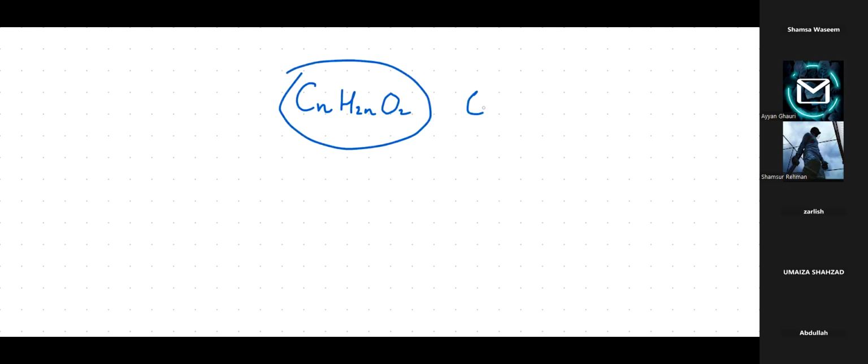For carboxylic acid. But when you have to draw the isomers of carboxylic acids, you could draw carboxylic acid or esters, because esters also have the general formula CnH2nO2, right? So whichever carboxylic acid we have, you could draw its isomer as an ester. For example, methanoic acid cannot have any isomer,